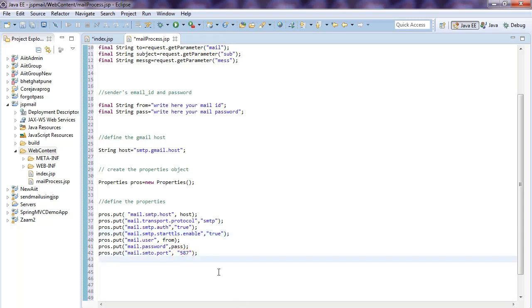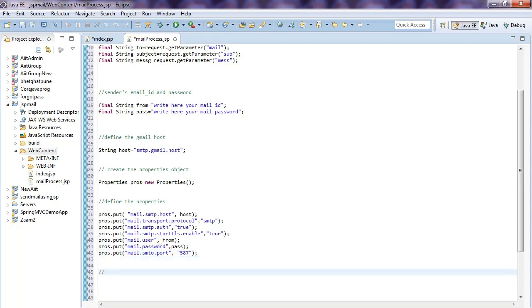Why do you need to assign 587 as the port number? Because we enable STARTTLS here, so it needs 587. Okay, so this completes the properties description. This is the part where you put the arguments in the properties class by using the properties object.